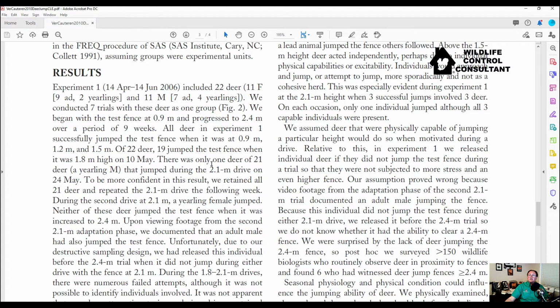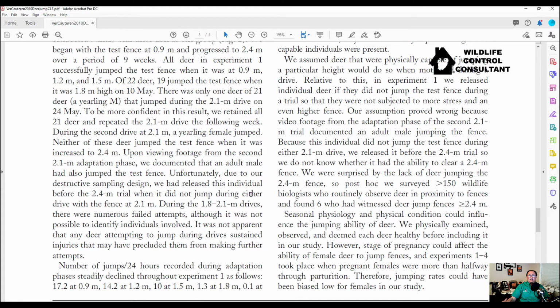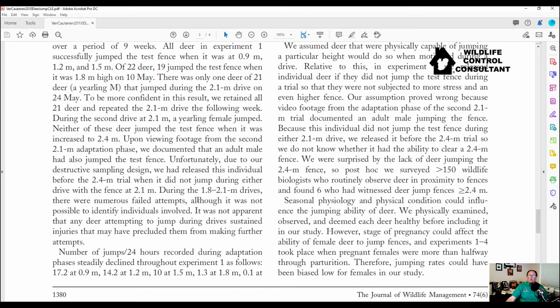Remember, in scientific literature, it's always generally going to be done in metric. So if you're having trouble figuring out what some of the metric is, I use an app that converts metric into American distances and weights and that sort of thing. After a while, you'll start learning what the equivalence is, and you just do it in your head. But the point is that they start telling you what they were able to get these deer to do and what their results were. You want to read the results. The results are what they found straight on.